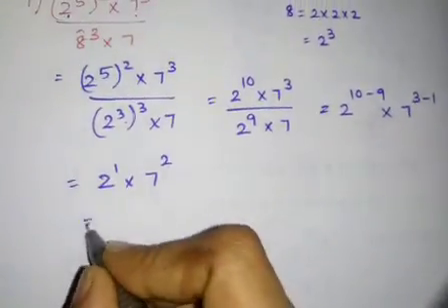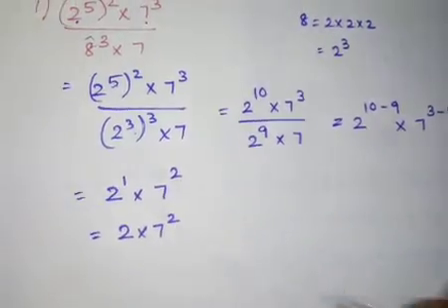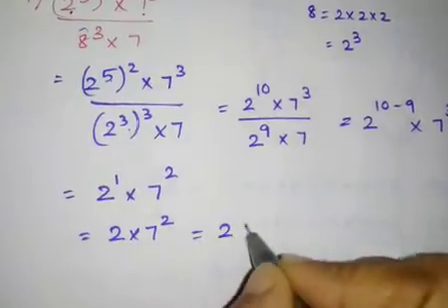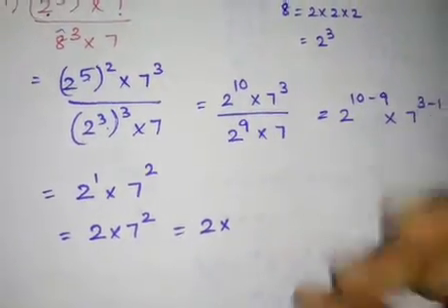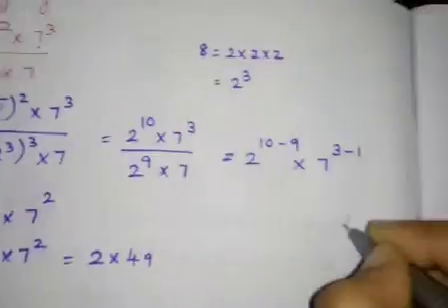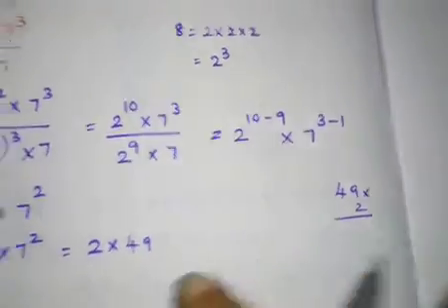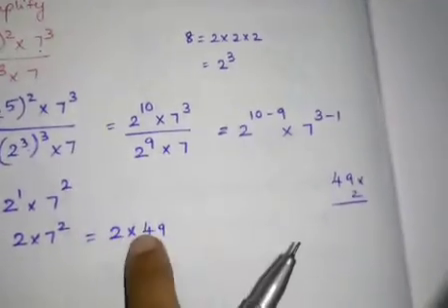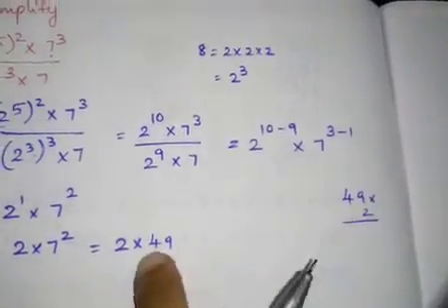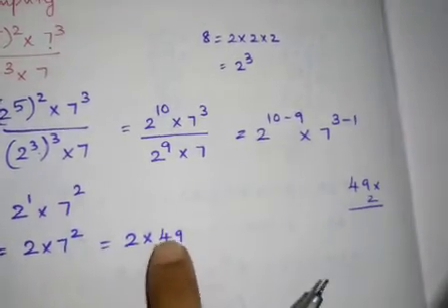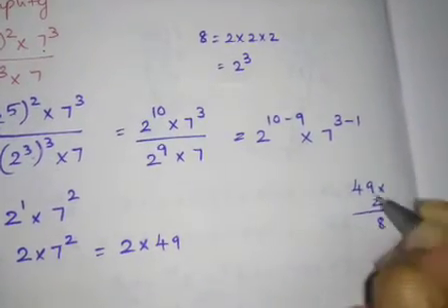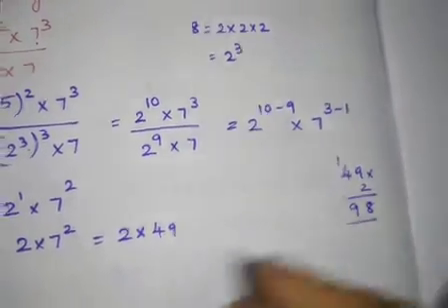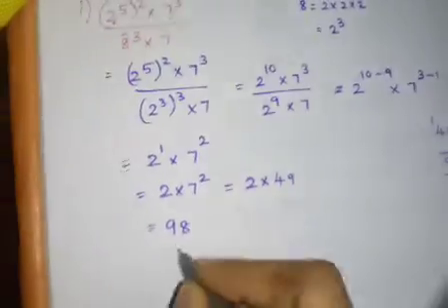So how will you write, children? 2 into 7 square. Okay, 2 into 7 square. 7 square is 7 7s are 49. 49 into 2. If possible, you can do like this, or you can stop till this. Okay, if it is possible to solve like this, you can do it. 7 7s are 49 because 7 square is 49. 49 into 2. 9 2s are 18. 4 2s are 8, plus 1 is 9. So the answer is 98.